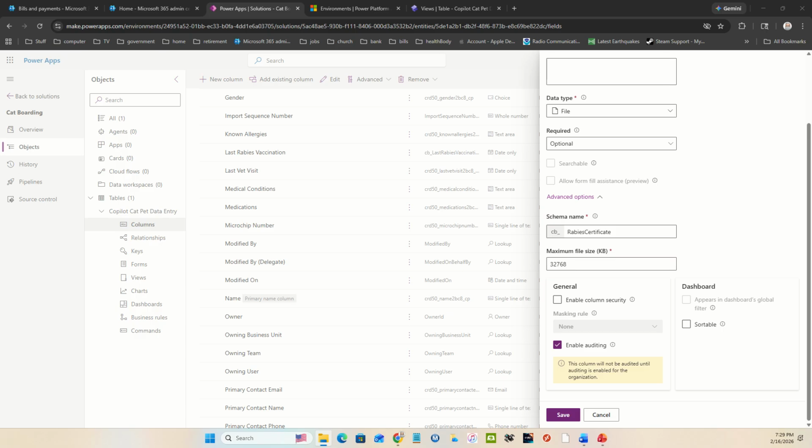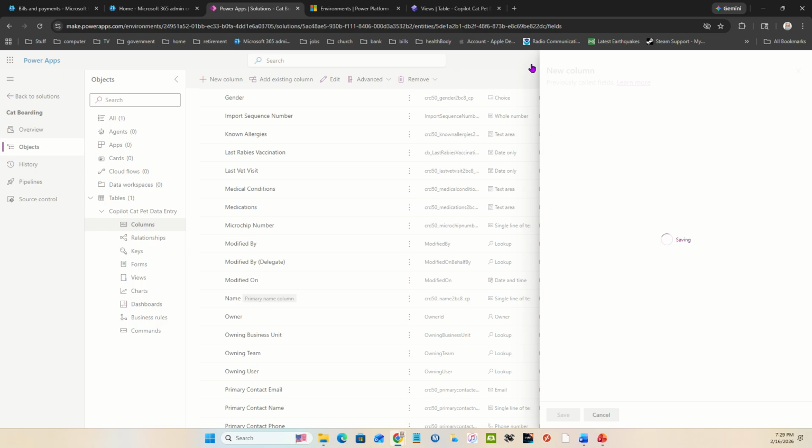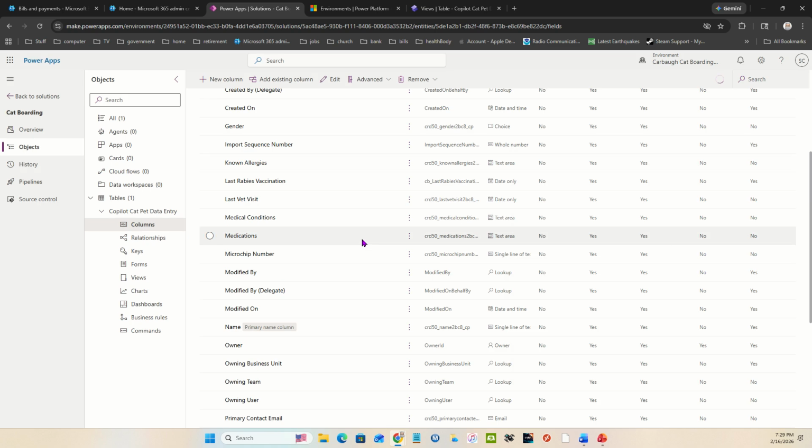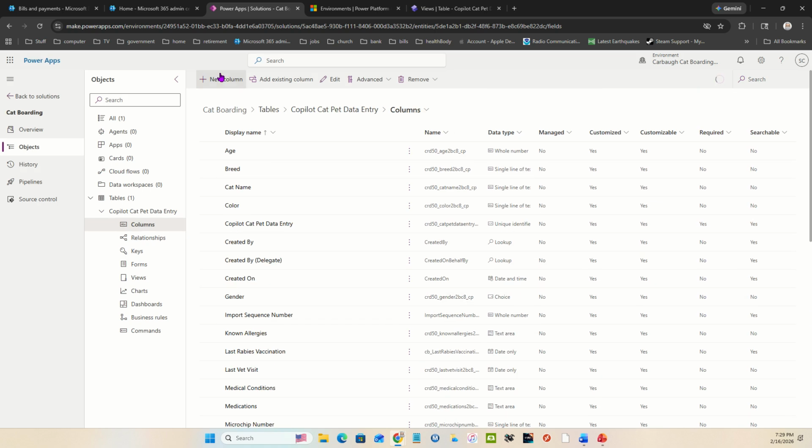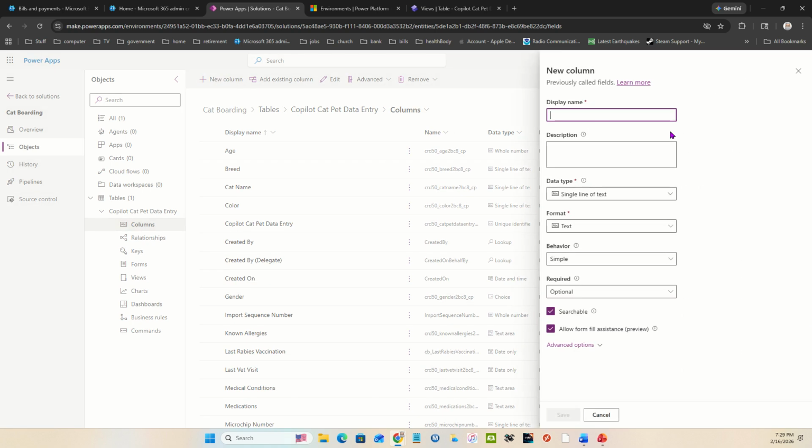Okay. So I have about 500 to 600 kilobytes. That should be fine for a rabies vaccination certificate that we have on one of our cats. Now this is taking a little bit longer because file storage is a little bit different. Okay, the other vaccines, we're going to call this